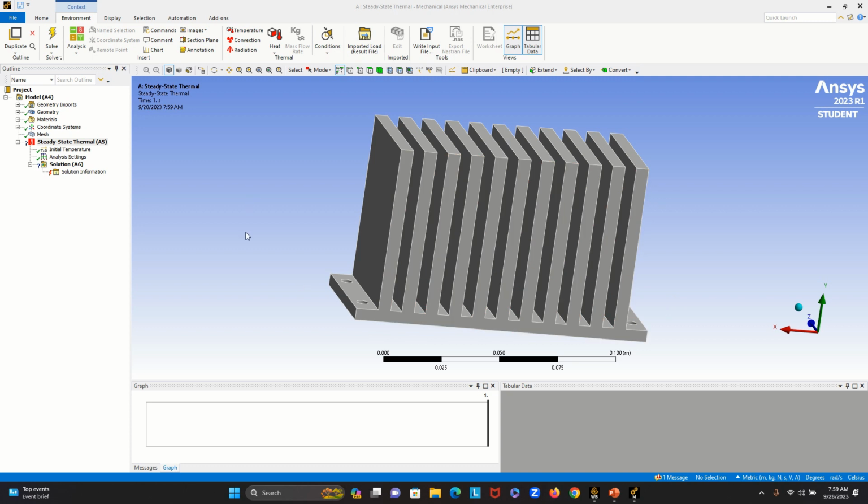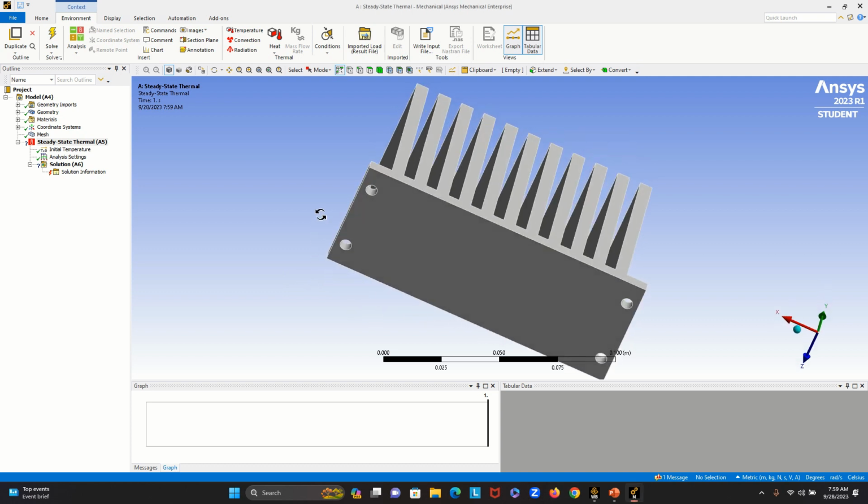So from here we have to do two things. We have to define our heat flux and our convection. As you know, the way the heat sink works, it's gonna sit on the top of the hot component, and it will try to take the heat out of it,